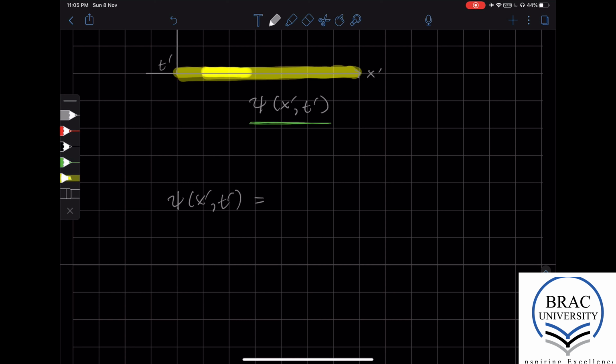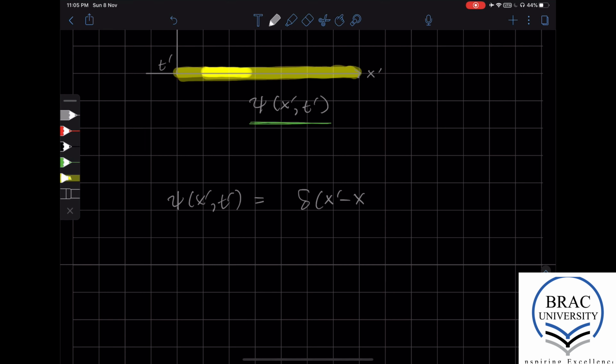So if you take this as, say, delta of x prime minus x0. What this means is that we're taking the wave function to be localized at some spatial point, which we are calling x0. Now, if I plug this into my formula for what the future wave function will be,